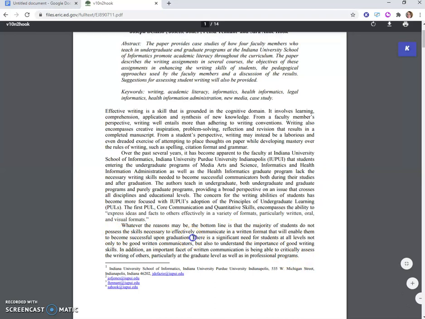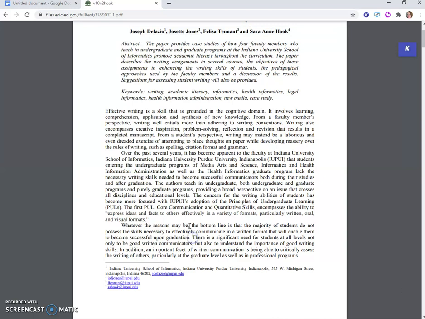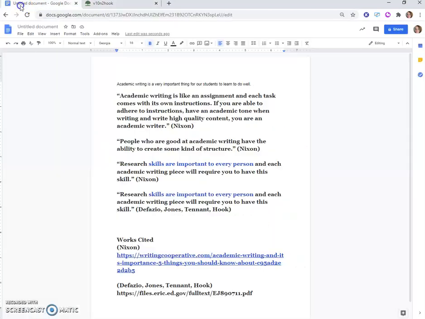How about this? "The bottom line is that the majority of students do not possess the skills necessary to effectively communicate in a written format that will enable them to become successful upon graduation." I might use that. So Control-C, copy it,